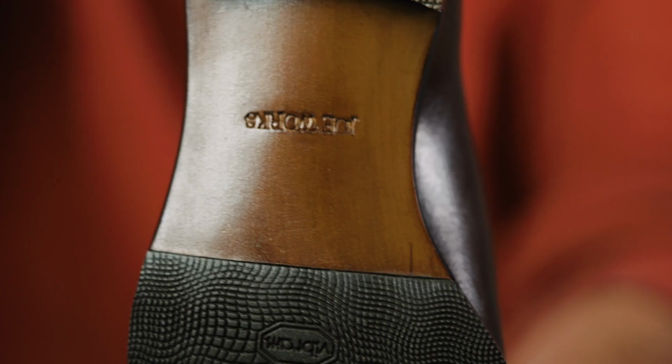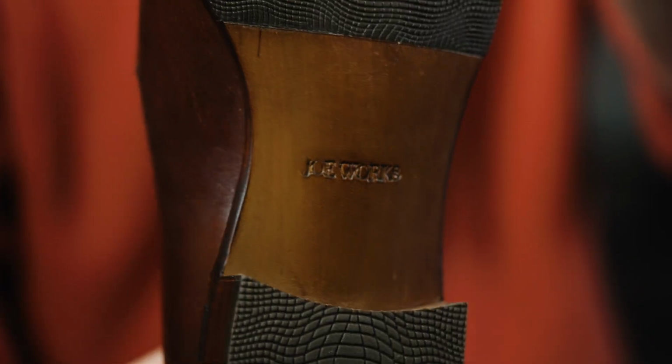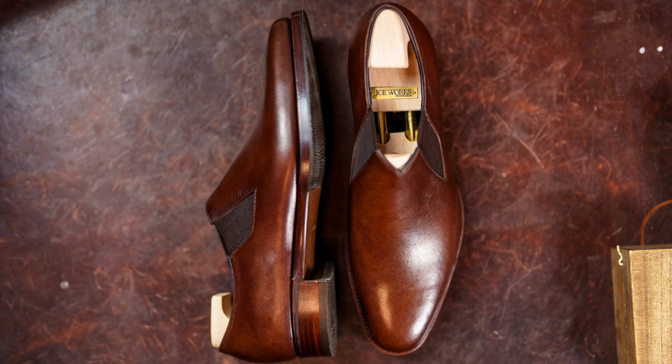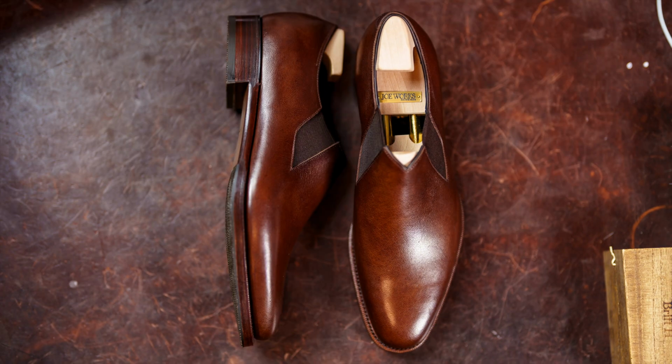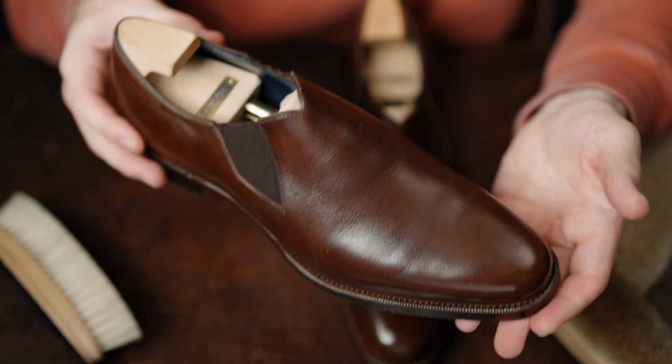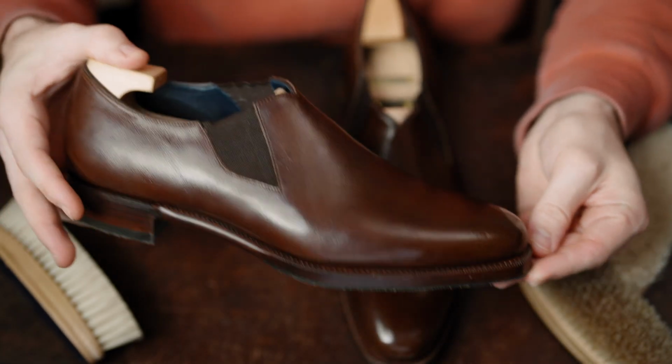I am extremely happy to report this pair of shoes from Joe Works Shoemaker has far exceeded any of the expectations that I built up in my mind over the last 4 years. I'll jump right into the review here. I'll share some more context about how I found Joe Works, what my overall thoughts at the time were, and what my thoughts of this shoe are, whether or not I'd recommend them, and my overall thoughts and review about